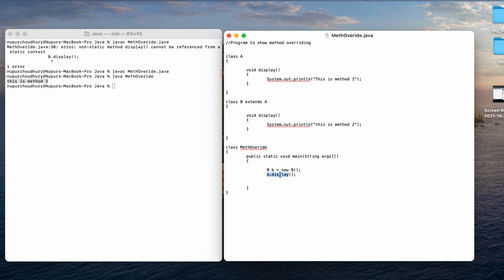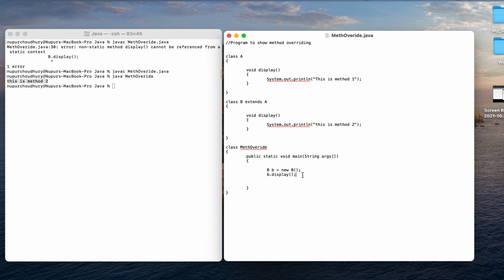Even though class B is capable of inheriting the properties of class A, still that particular method will not be displayed when I am creating an object of B and calling this method.